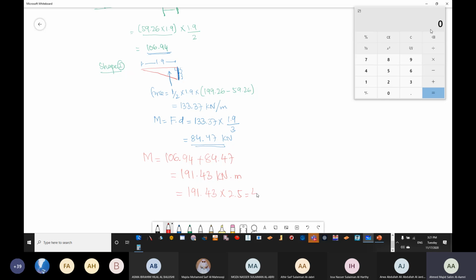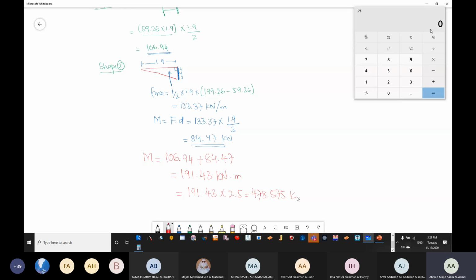And for me, I always recommend that if there is more than one loop or there is inconsistency of the pressure, I would rather multiply by the width rather than multiplying by 1. We multiply by 1 when it comes to an isolated footing with a regular loading. Okay, so 478.57